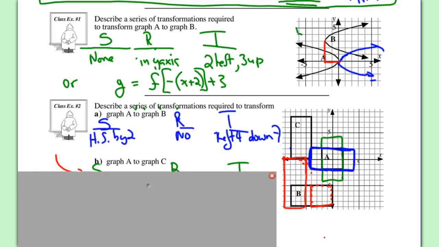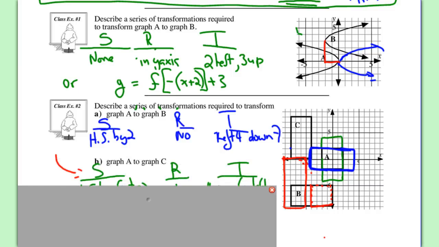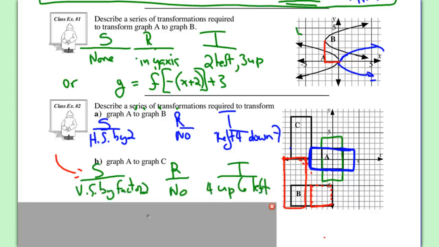Well, what about for question B? How would I get from A to C? Whoa, from A to C, there can be more than one answer, but it looks to me like it's twice the size vertically, so I would have a vertical stretch by 2. Again, we're following order, right? Order of operations: stretches, reflections, translations. There's no reflection needed, and it would have to be translated 4 up,